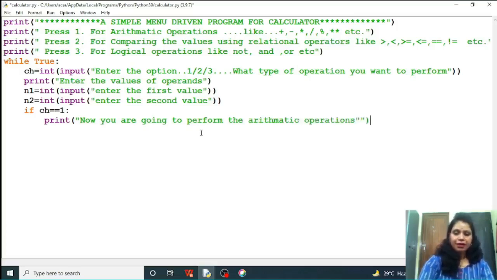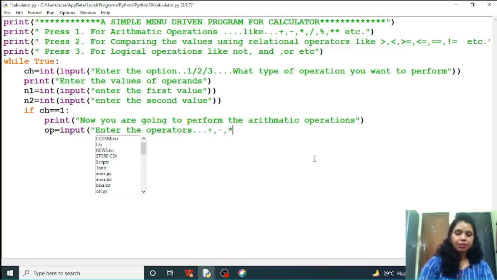So to perform the arithmetic operation, what will you do? Just you have to input the operators. So for that again we have to declare one variable op. Op is one simple variable, and here I have to assign the operator like plus, minus, multiplication, division, all the things. So input, enter the operators, and here the operators may be plus, may be minus, similarly may be multiplication or may be division,